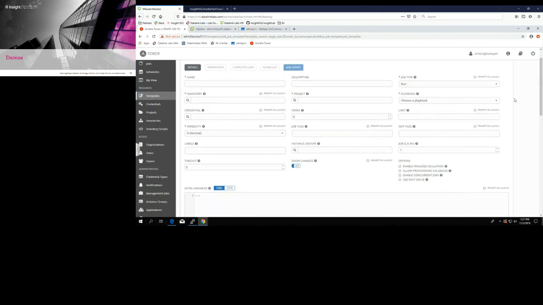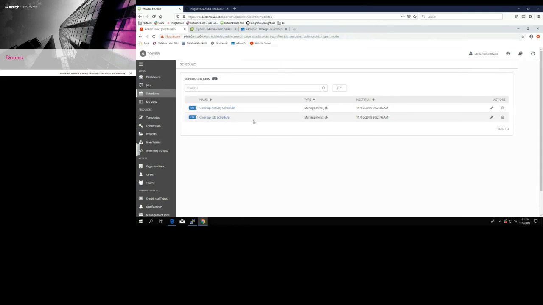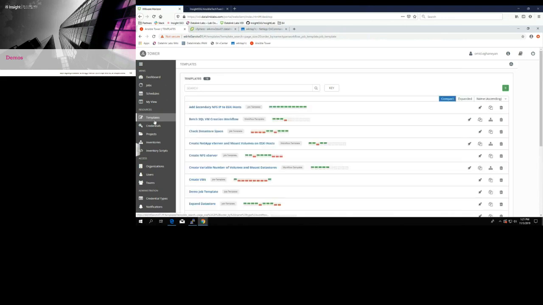Some of the things we'll touch upon in a little bit, but the advantages of Tower, he's already shown the job scheduling capabilities, how templates can be used to wrap traditional playbooks in Ansible, and some of the other things, of course, the user interface, the simple user interface,